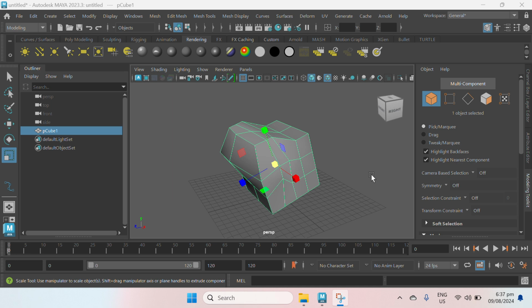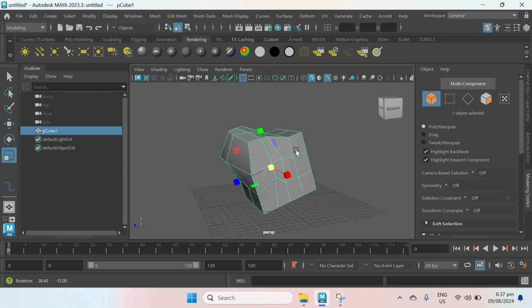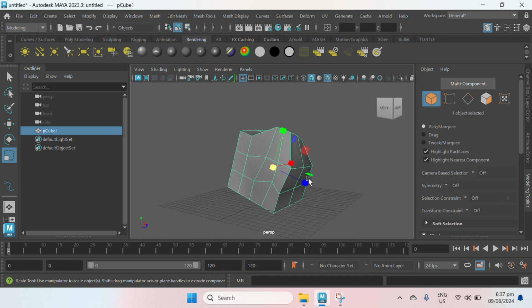For this part of the recording, we're going to discuss the navigation here in Maya. So first, let us discuss the tumble, track, and dolly. So here I'm pressing the Alt button. While pressing the Alt button, I'm using the left mouse button. So here's the tumble to look around our object.